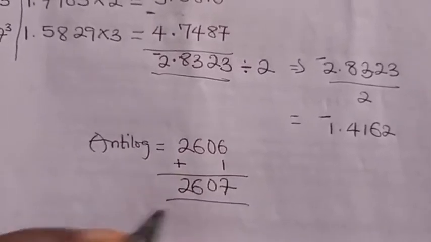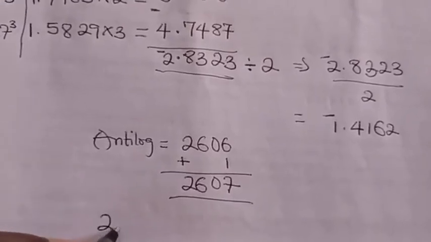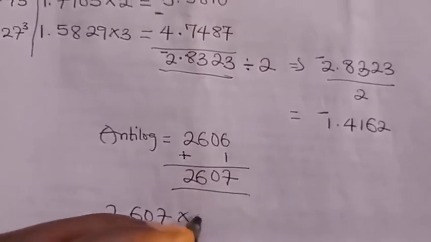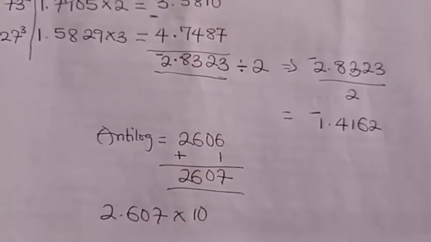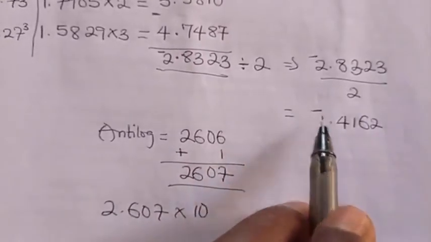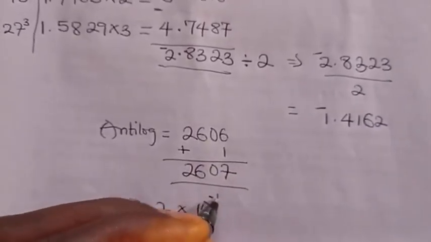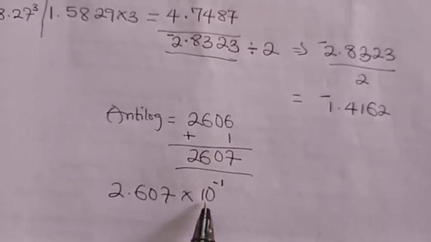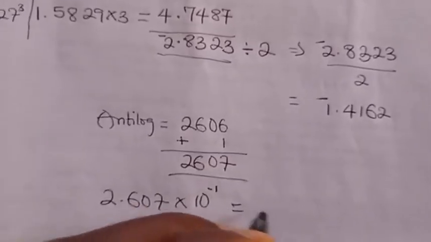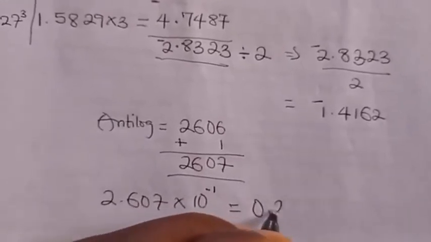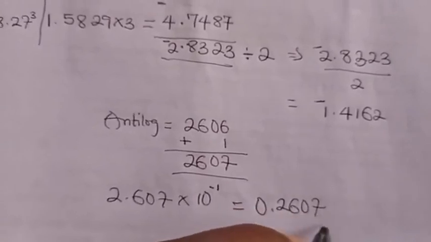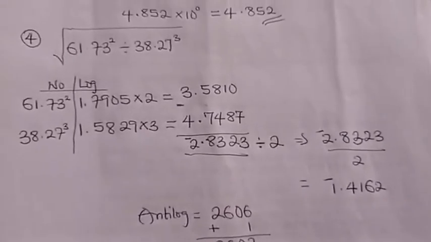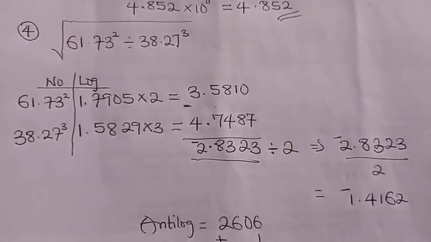Expressing this final answer in standard form, we have 2.607 multiplied by 10 raised to the power of the characteristic we have here, which is bar 1. Bar 1 is same as minus 1. So 2.607 times 10 raised to the power of minus 1 is same as 0.2607. So this is the final answer to this question number 4,